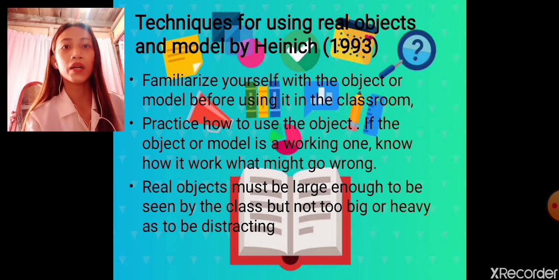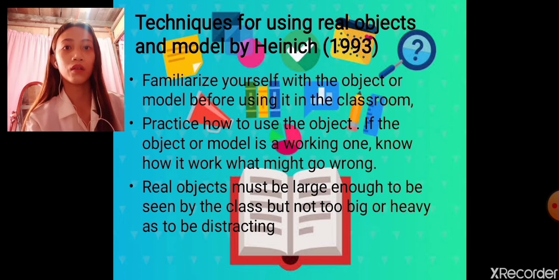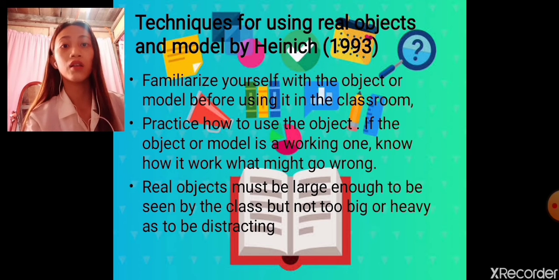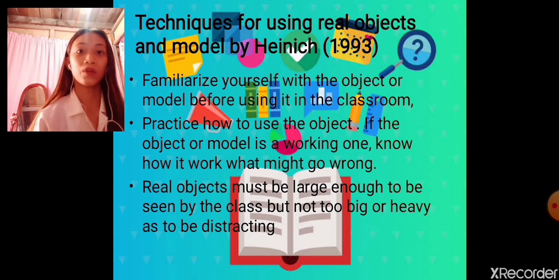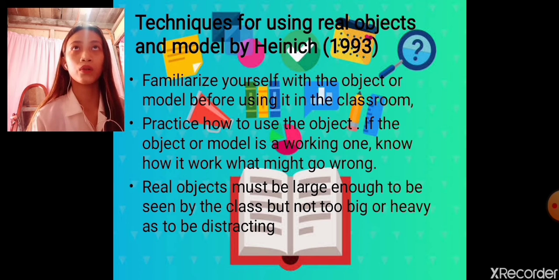You should practice how it works or how it might not work at all, and also know what should and should not be done with the model to avoid damaging it or misusing it. Real objects must be large enough to be seen by the class,